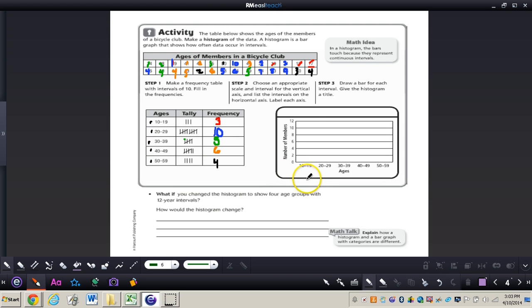Now, one thing we do need to do is also label our graph. Just like any graph, if you do not label your graph, people will have no idea. I'm sorry, give your graph a title. People have no idea what your data is representing. Okay, so we just want to label this ages